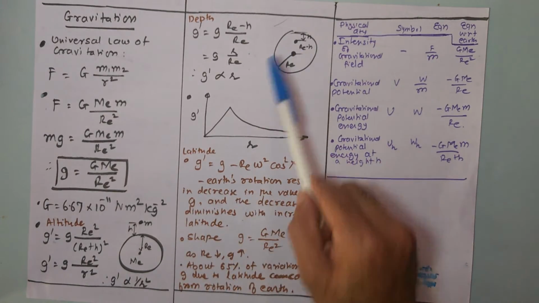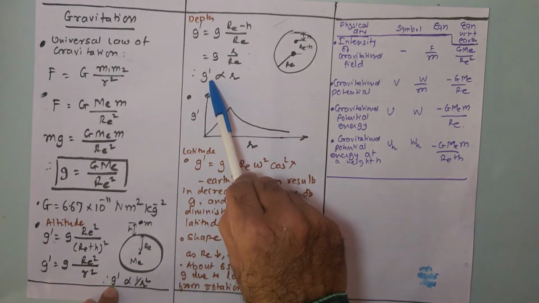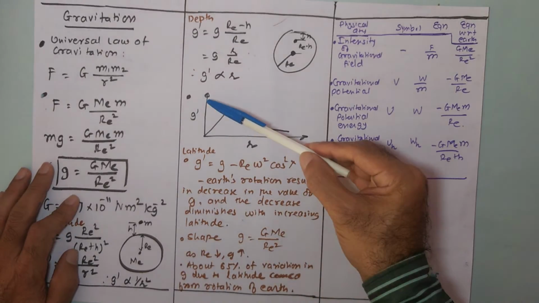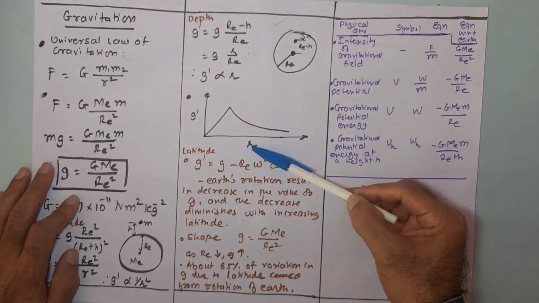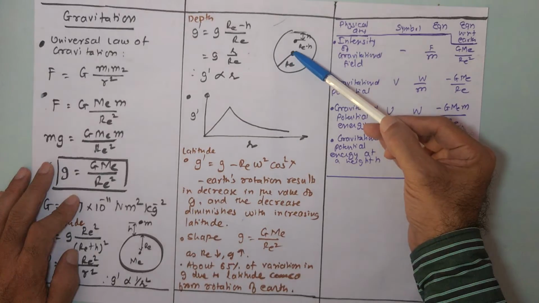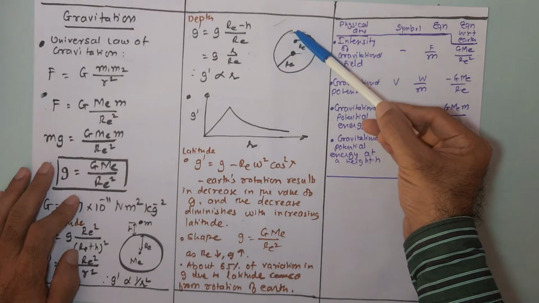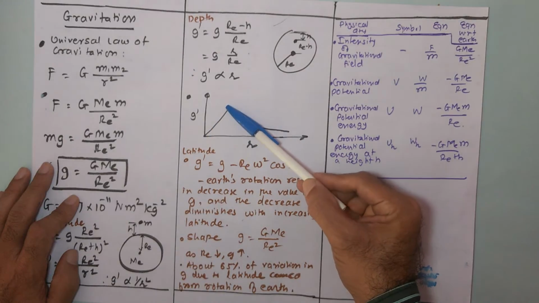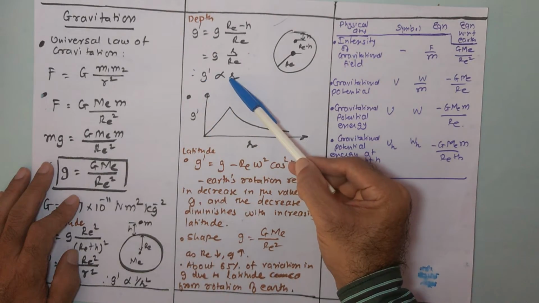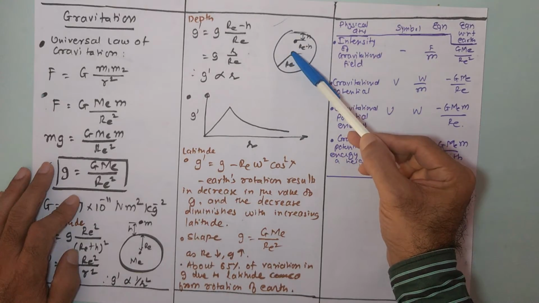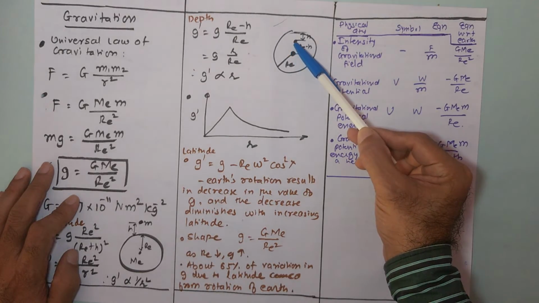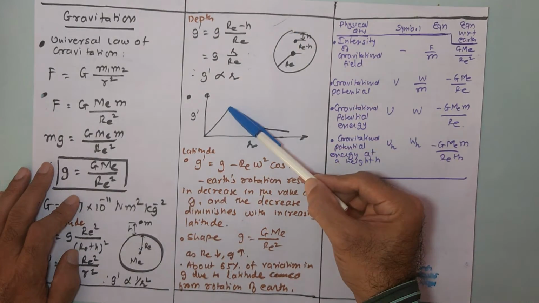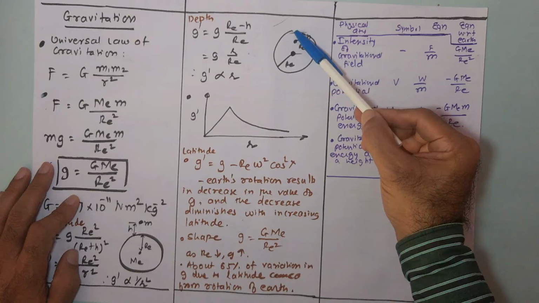So this is how g dash and g depend upon the distance from the center of the Earth. And therefore, if we plot a graph of g dash versus r, starting from the center of the Earth, as we go towards the surface of the Earth, we will observe that the acceleration due to gravity increases. Because g dash is proportional to small r when we are inside the Earth. So as the distance from the center of the Earth increases, it is directly proportional, so we get a straight line going up. This is the point where we reach the surface of the Earth.